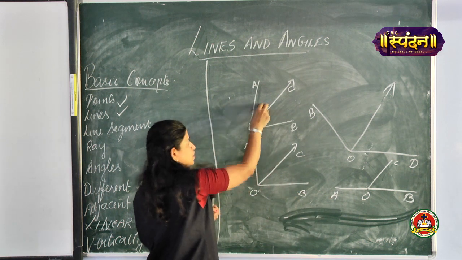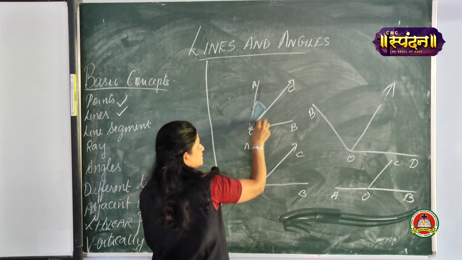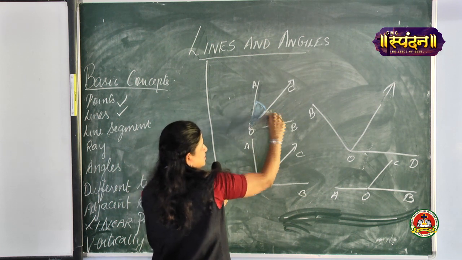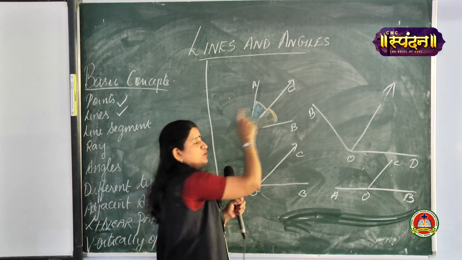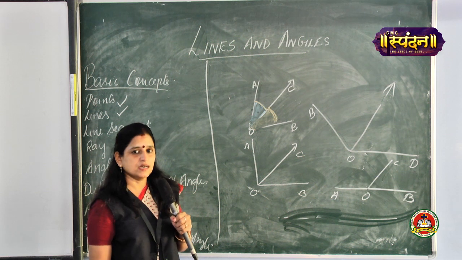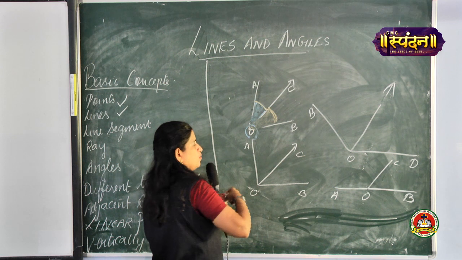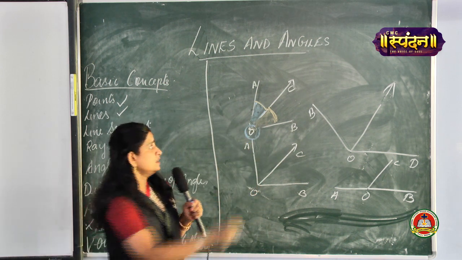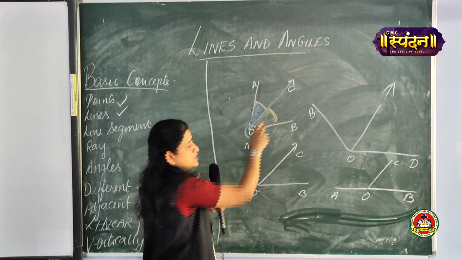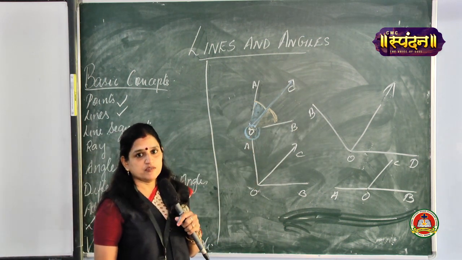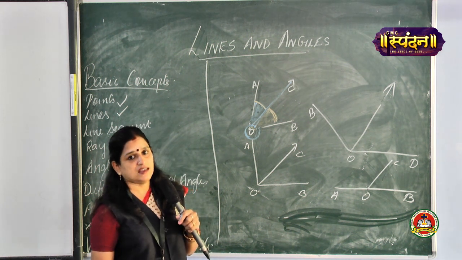So two angles are formed. You are able to observe, one is this angle and the second one is this angle. So these two angles are formed. So what can you say about these two angles? These two angles are adjacent angles because they are sharing the common vertex over here, and one arm is common, sharing the common arm, and the other two arms are non-common arms. If you are having such angles, you call these two angles adjacent angles.